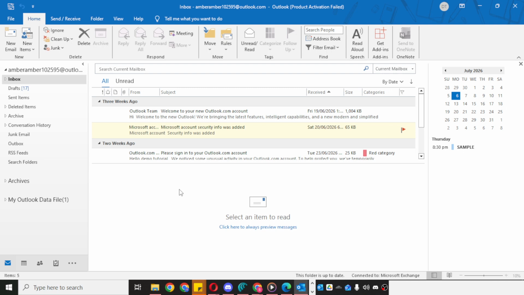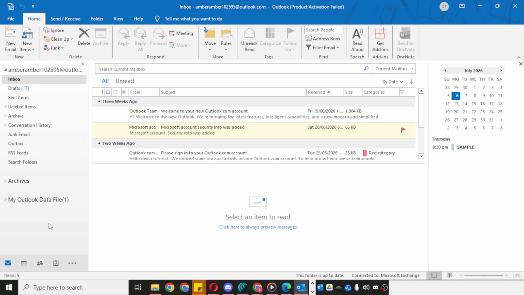It can be useful if you want to keep a separate archive, back up certain items, or organize data outside of your main mailbox. To get started, open Outlook 365 on your computer and wait for the app to fully load. Once Outlook is open, make sure you're in the Mail view. This is important because the option we need is easiest to access from there. If Outlook opens in a different section, such as Calendar or People, just switch back to Mail before continuing.